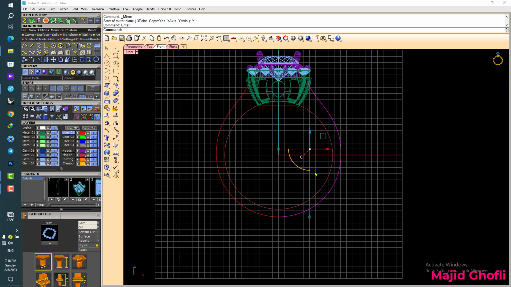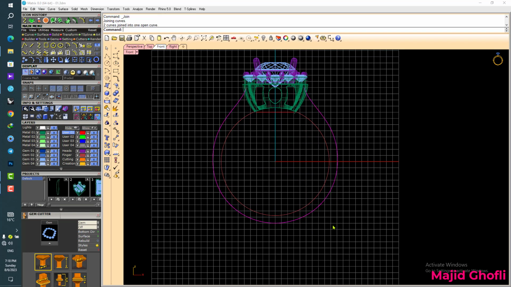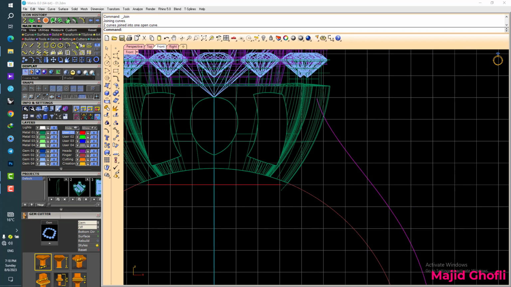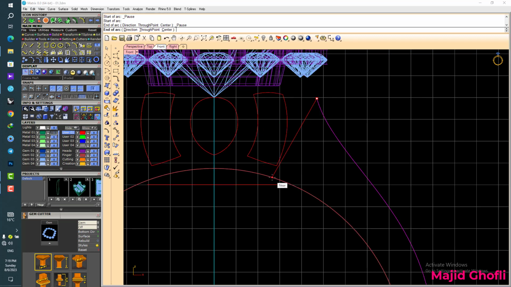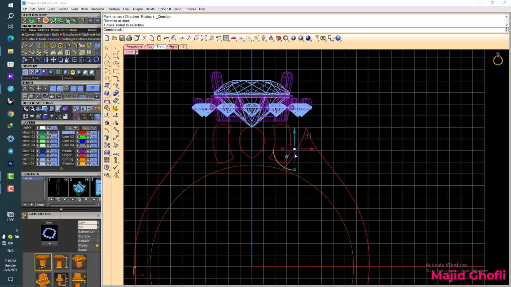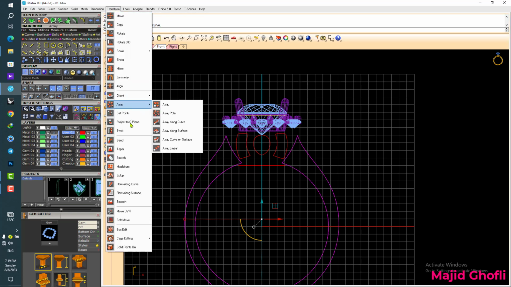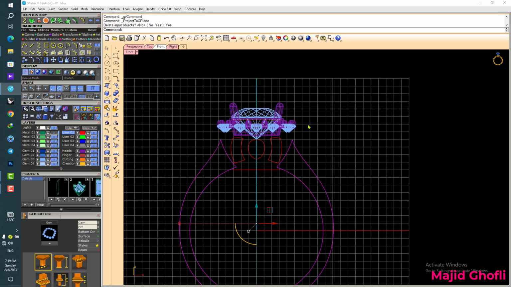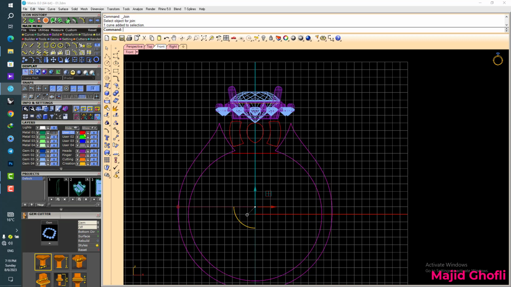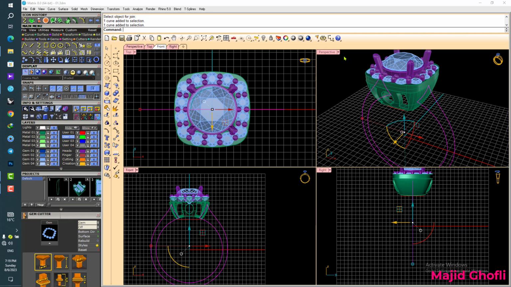Now Control F1 and select both, and Control J and go to the other part. Okay guys, to have a better connection I take this curve one bit inside so that I feel comfortable about having more connection, and go to the trim and trim this extra part, and again go to the project CPlane and yes, okay, go to the green layer and okay, we need to